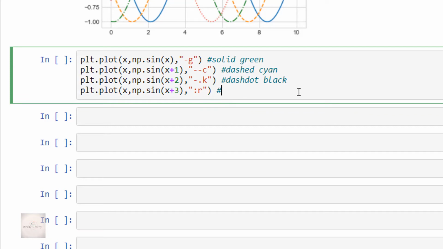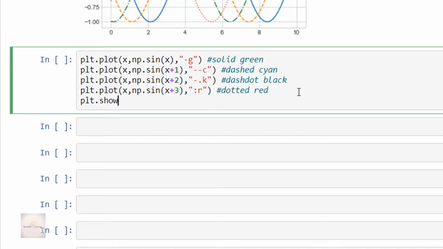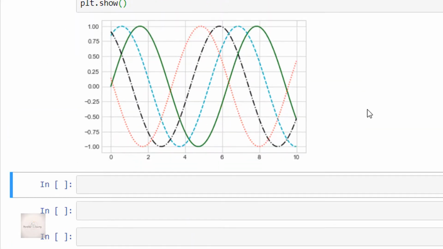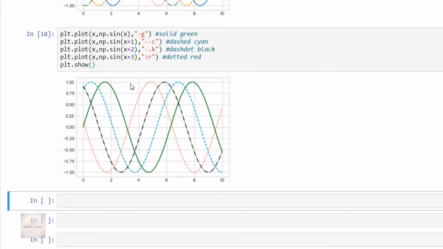Here I am using the colon to get the dotted wave, which will be of red color, and finally it is plt.show. Let me execute this. Great. This is the solid green, this is dashed cyan, this is dash dot black, and this is the dotted one in red color.